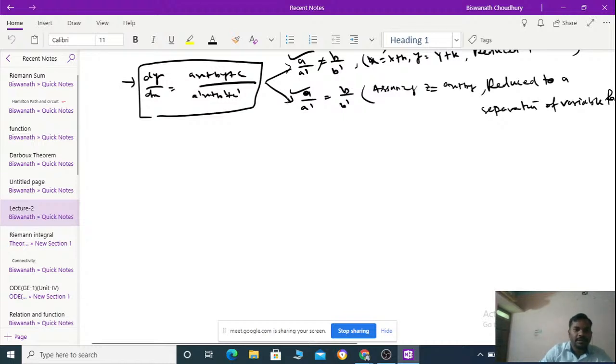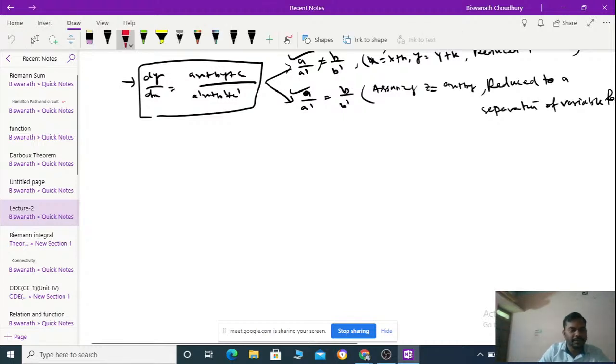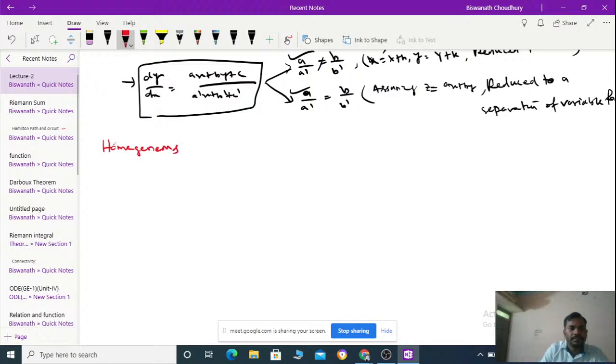So in the last class we already did this type of thing, like a homogeneous differential equation. In a homogeneous differential equation, we already did one problem, and also did something like this: suppose the differential equation